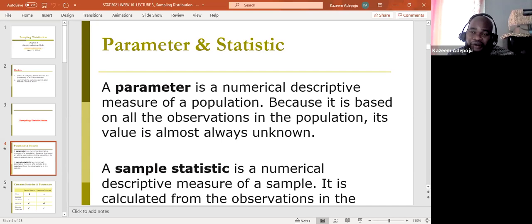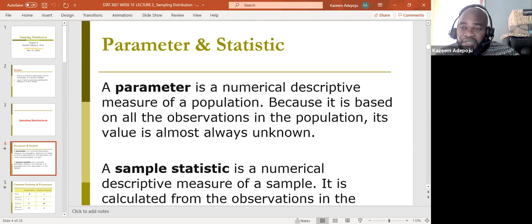Therefore, a parameter is an attribute of a population. So whatever we want to know, if we really want to get information about it, then we need to go back to the population. That's exactly what parameter is talking about. But you know what? We don't have resources to study all elements in the population. Because of that, we are not likely to get the parameter.